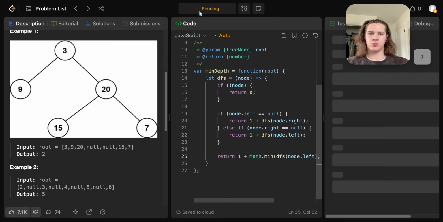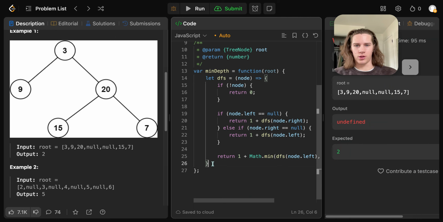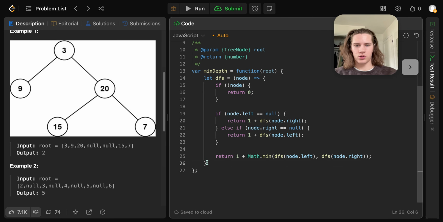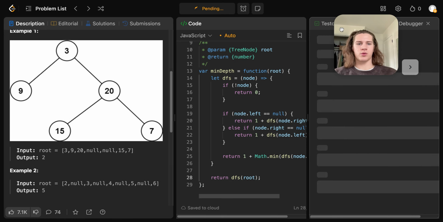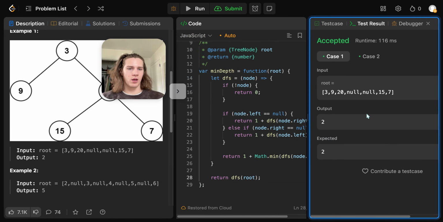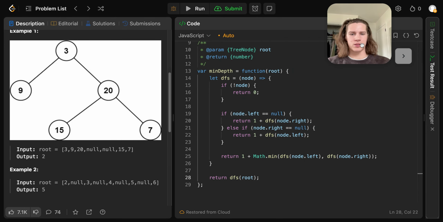So let's see. Oh, I need to call that DFS function. So DFS, that should work. And it does. Okay. And then there's another way I want to do this, which makes a little more sense,